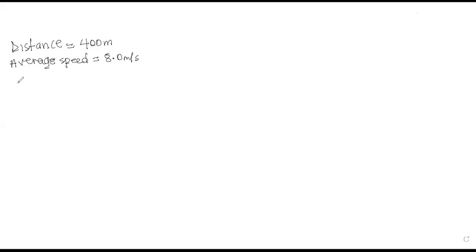So average speed V, the average speed is also the effective speed. So speed or velocity is given by the total distance traveled over time. So here it's expected to make time the subject, which is total distance divided by the average speed. Total distance 400 divided by average speed 8. So the result is 50